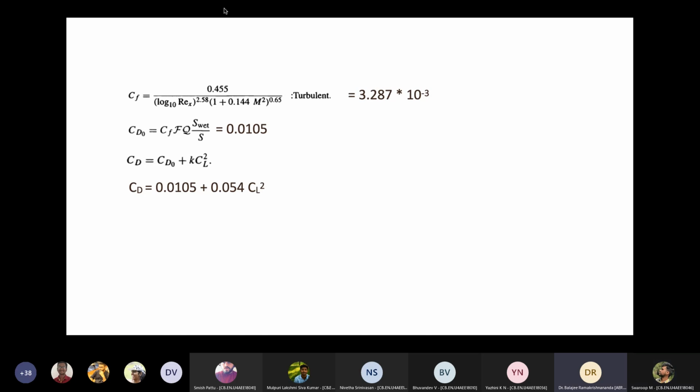Now this drag at cruise, take the cruise density. The density at cruise altitude will be different. Yes, sir. Half rho v squared. Use that rho at cruise. Now the thrust should be more than this at least. So for that you had the wing drag, fuselage drag, tail drag, and then the engine drag also. The engine should produce more thrust than the total of all this drag. That is why you are calculating the wing drag here. If you get CD, you don't know anything. If you get the drag in newtons, you will know something.